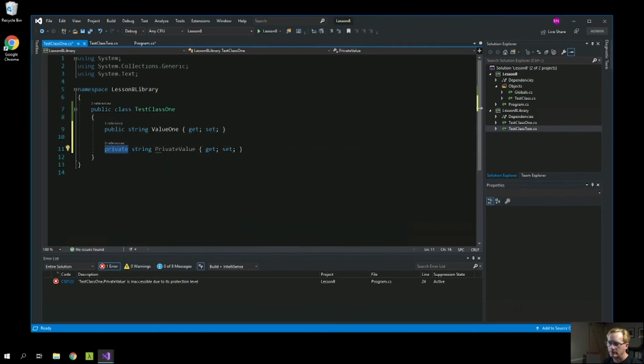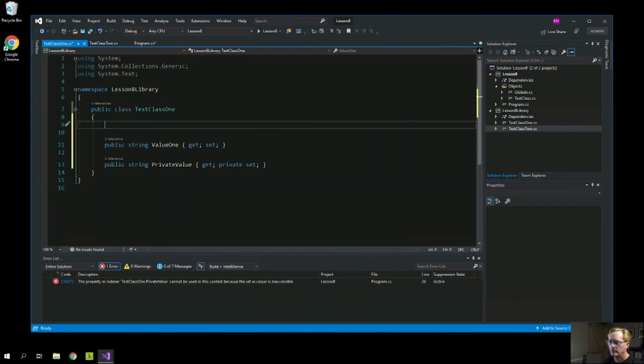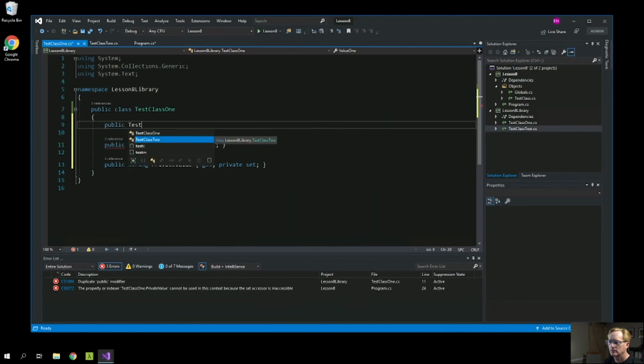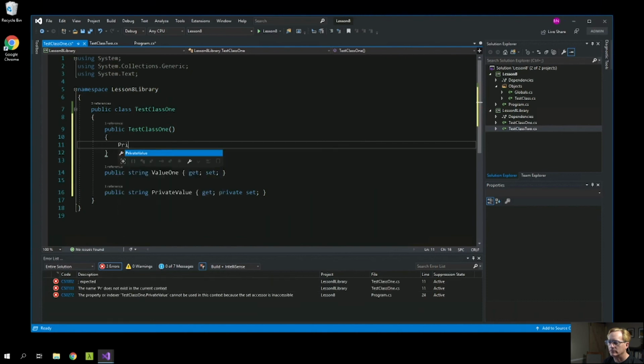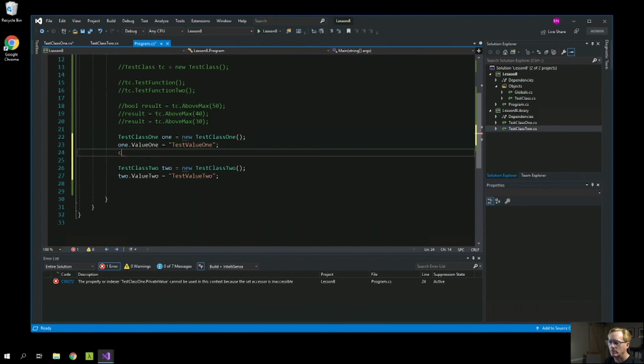When we define private at this point, we say that the get and set are private. We could make them both public, so now they're both public, and we can also just say private. And if we were to go ahead and create a constructor now and make that constructor public, we can say private value equals set in constructor. Now we can't set it, but what we can do is say